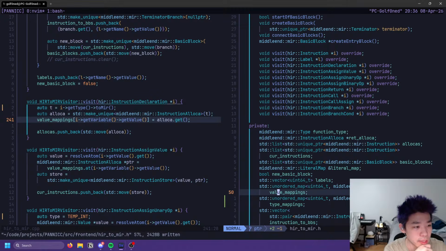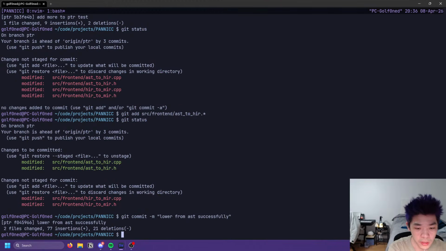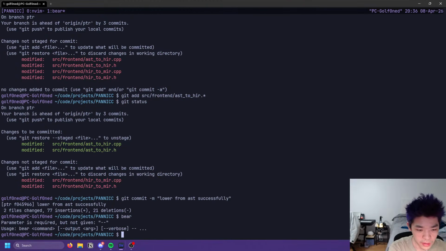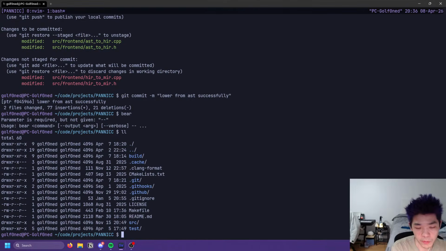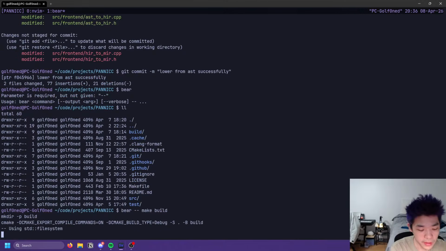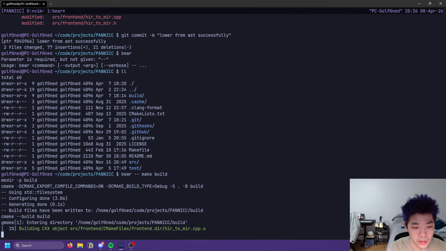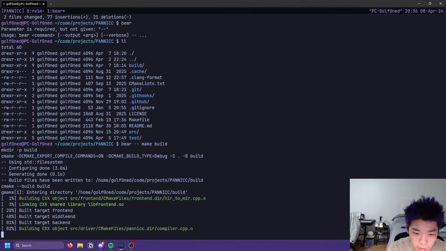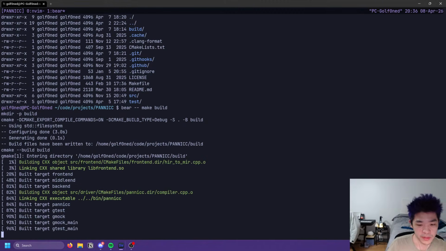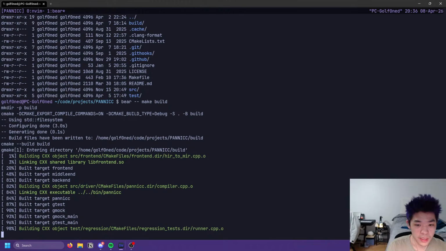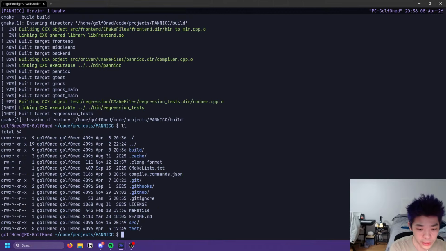How did you resolve the whole library thing? Yeah, with Bear. Bear generates a compile commands JSON. From wherever your project directory is, you do bear, and then whatever your build command is. Here I do make build. I think the 322 framework has make all. I guess it's just rebuilding, which is kind of ironic. But it's just that one command, and then it should vomit out compile commands.